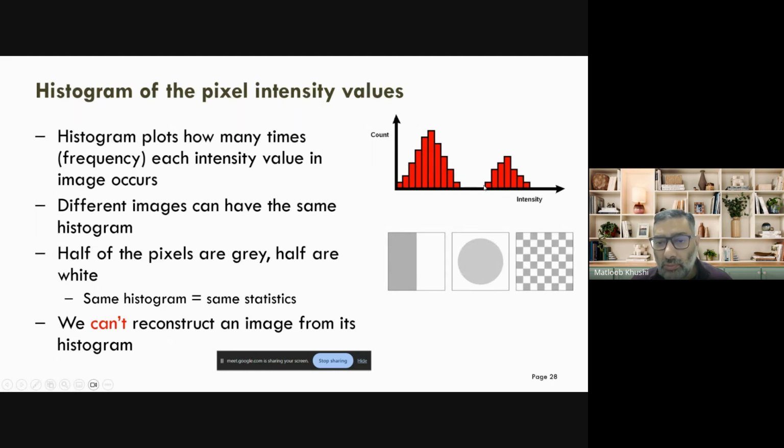So that valley is clearly giving us a boundary for this type of pixel and this type of pixel. So our boundary, right, we can pick any one number in between this space,